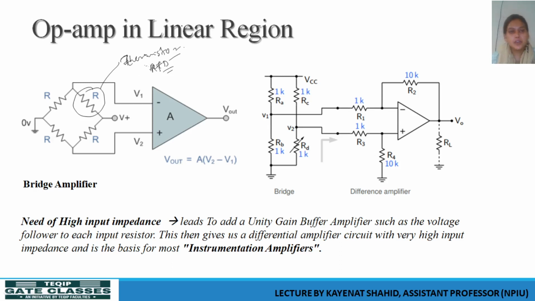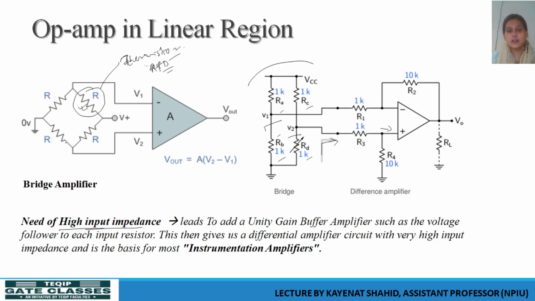Okay, so if we connect this kind of circuit, a bridge circuit, into the operational amplifier, because we are applying both the signals at the terminals, what will happen? These values, like these resistances, are very small in nature. Whenever we are using a certain sensor, the output voltage difference, the change in voltage, will be very small, and the resistive value will also be very small. Voltage drop across the terminals.